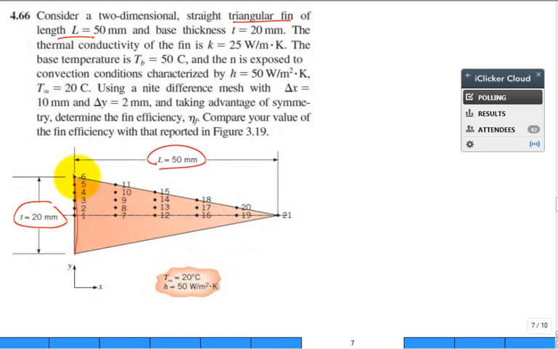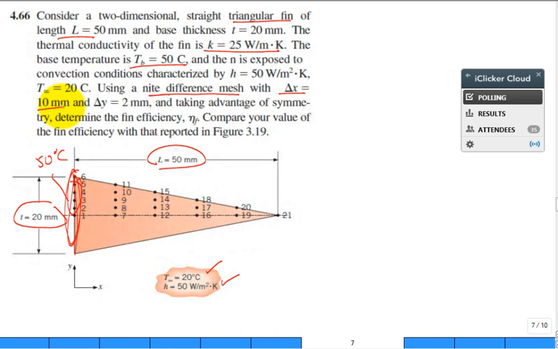This is the shape. It's triangular. The thermal conductivity is given. The temperature of the base is all 50 degrees C. Well, this is the whole base right here. It's exposed to the fluid at this temperature and that convection coefficient, using a finite difference mesh with delta X